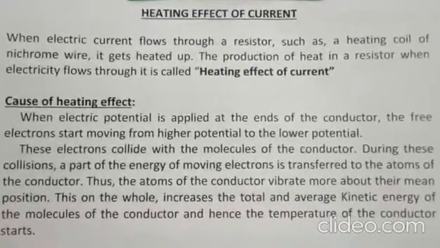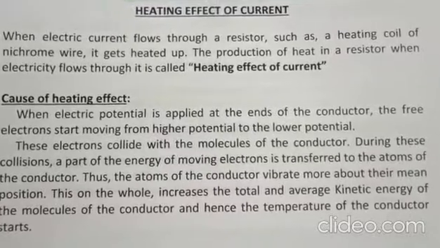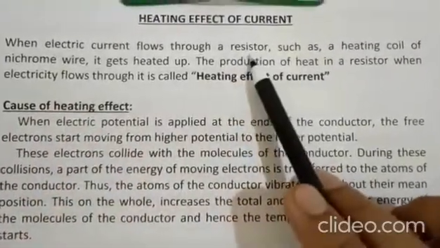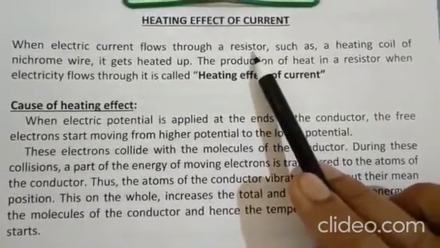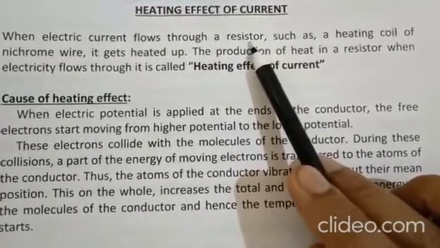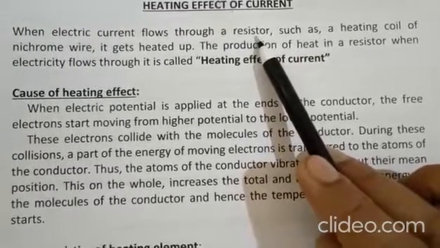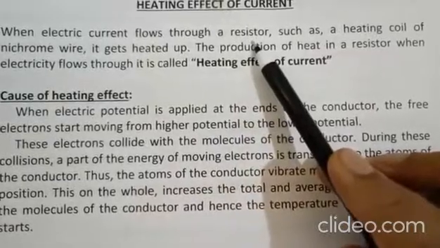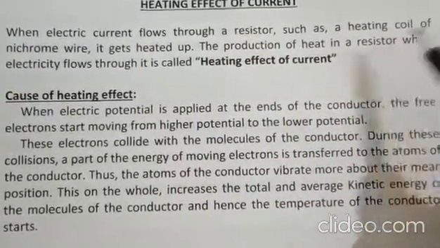Good morning, students. Today I am going to explain the heating effect of current. So, when electric current flows through a resistor, I hope you know the meaning of the word resistor. It is an object through which, when the current is passing, there will be a type of obstruction in the flow of electrons. So when electric current flows through a resistor, such as a heating coil of nichrome wire, it